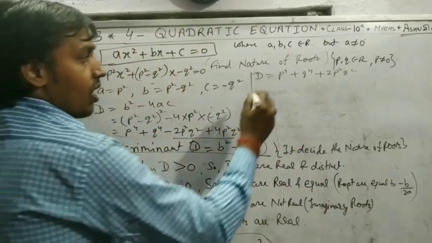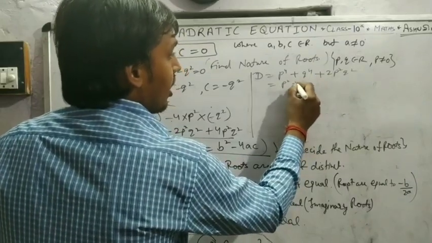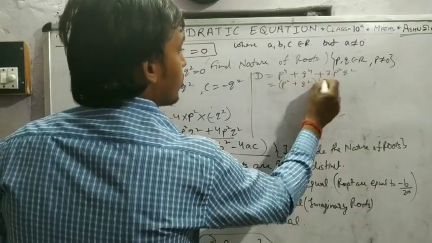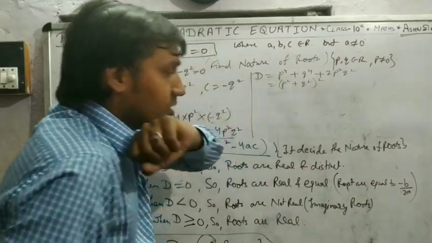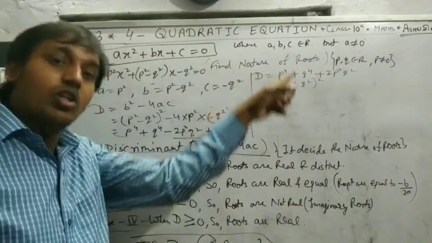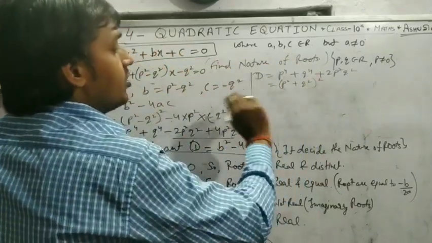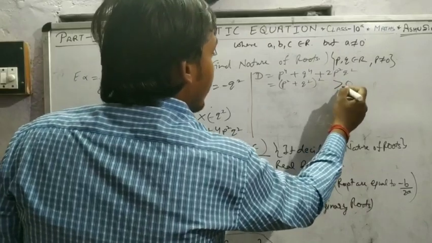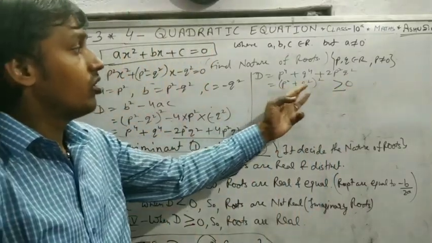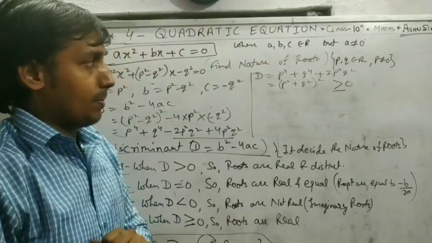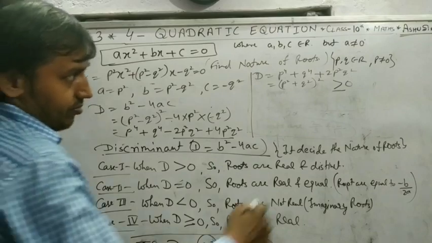Let's form the formula. A square plus b square plus 2ab is a plus b whole square. So this makes a whole square: p square plus q square whole square. Means anything in square form is always positive, or it can be 0 if both are 0. But here p does not equal 0. It is given that.